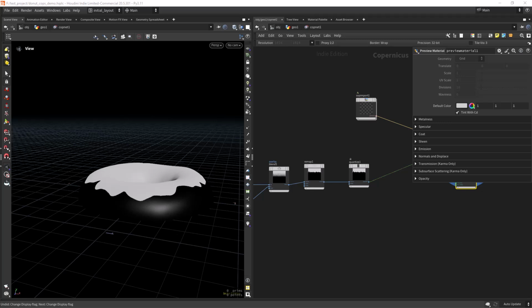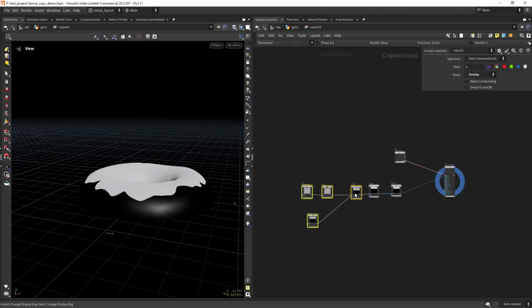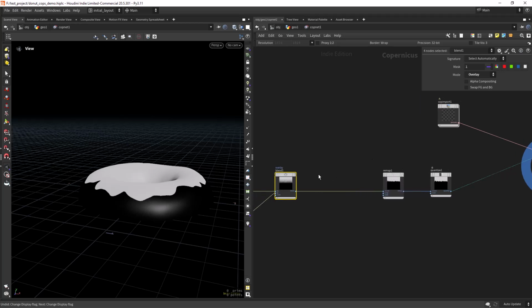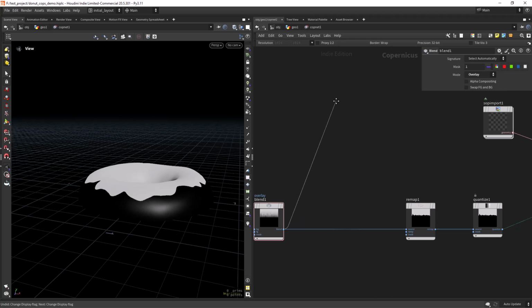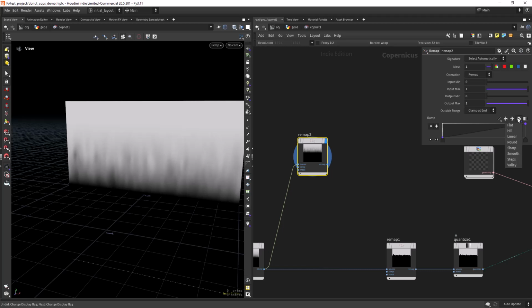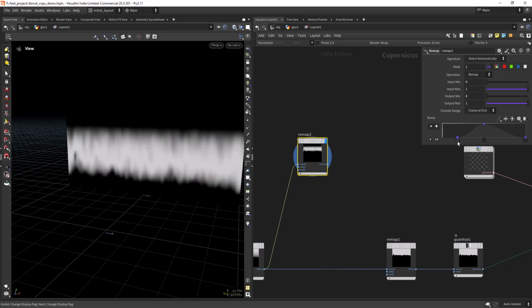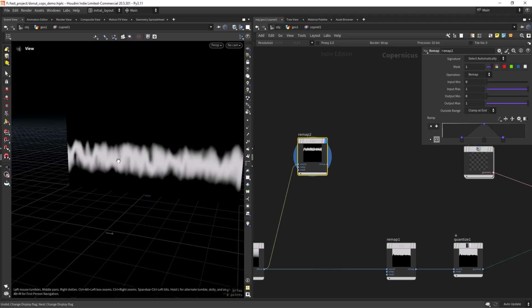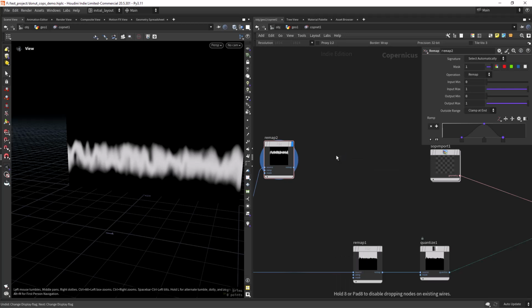So we need to create some extra drips, and for that I'm going to organize this, and after the blend I'm going to create a remap, and we're going to change this to hill, maybe tighten the mask a bit, so a bit more maybe, and we will create a tile pattern. So let's create a tile pattern,